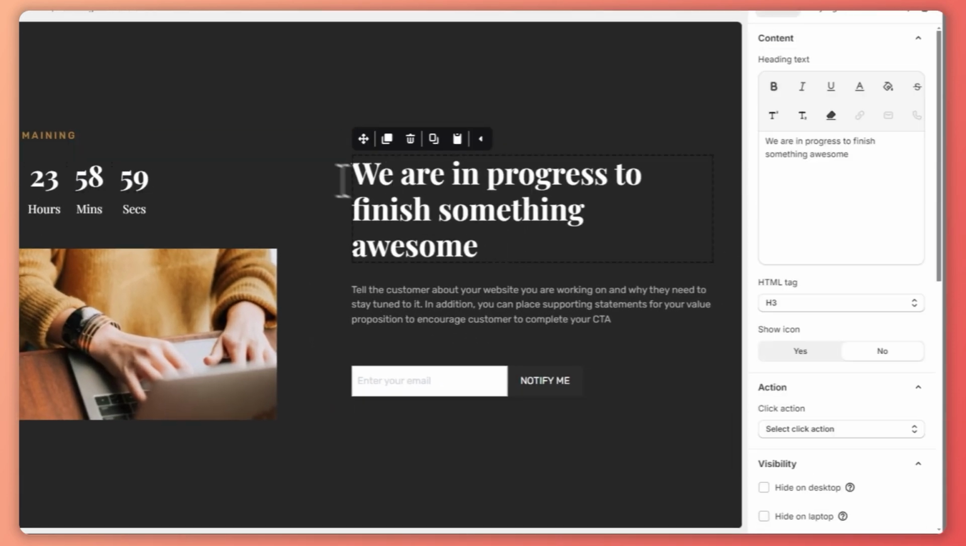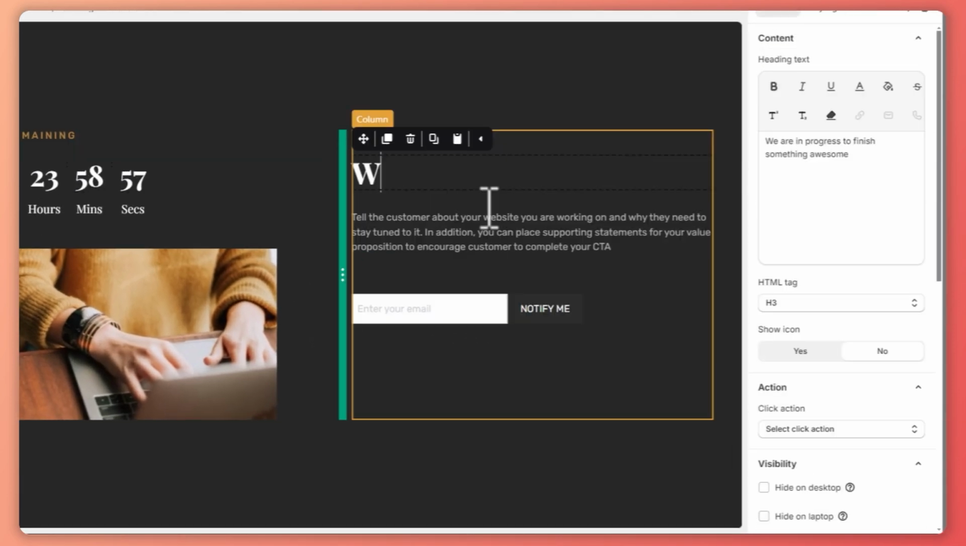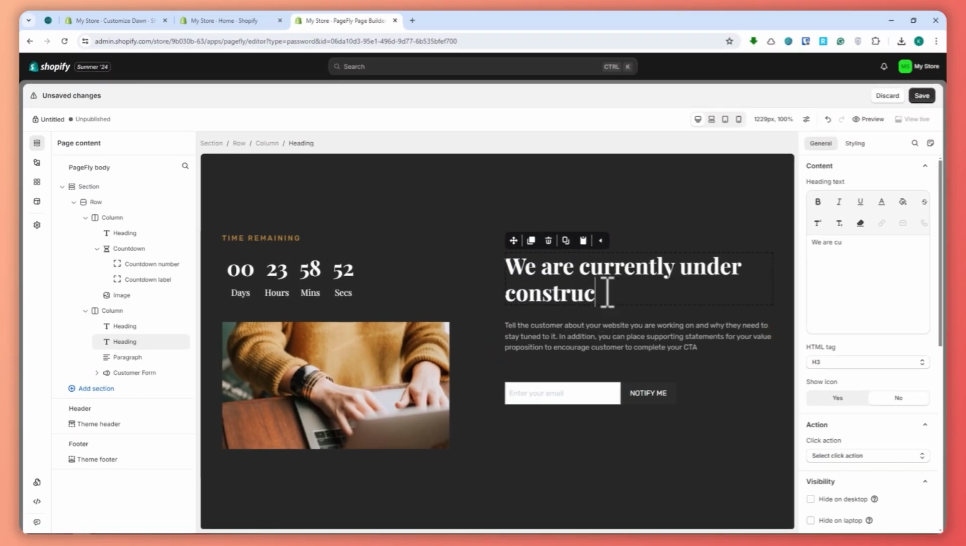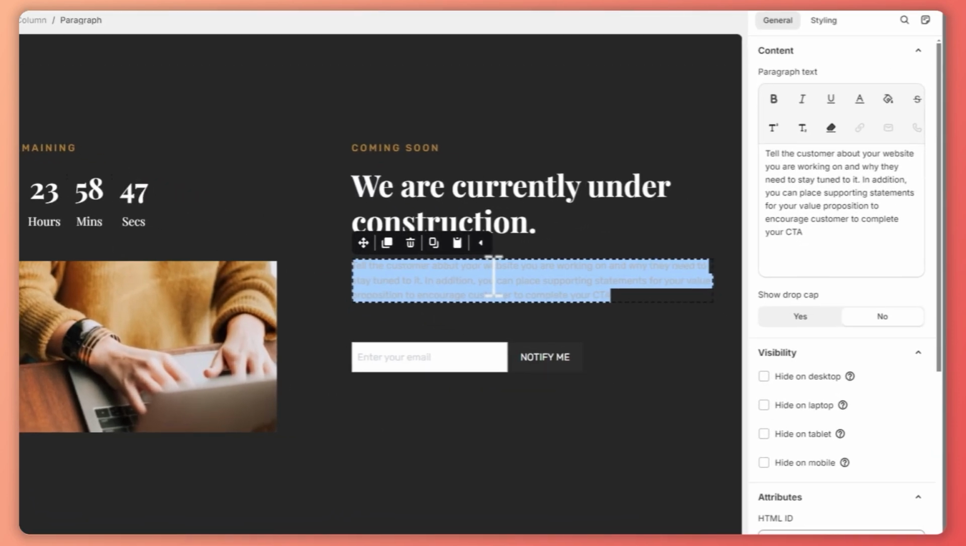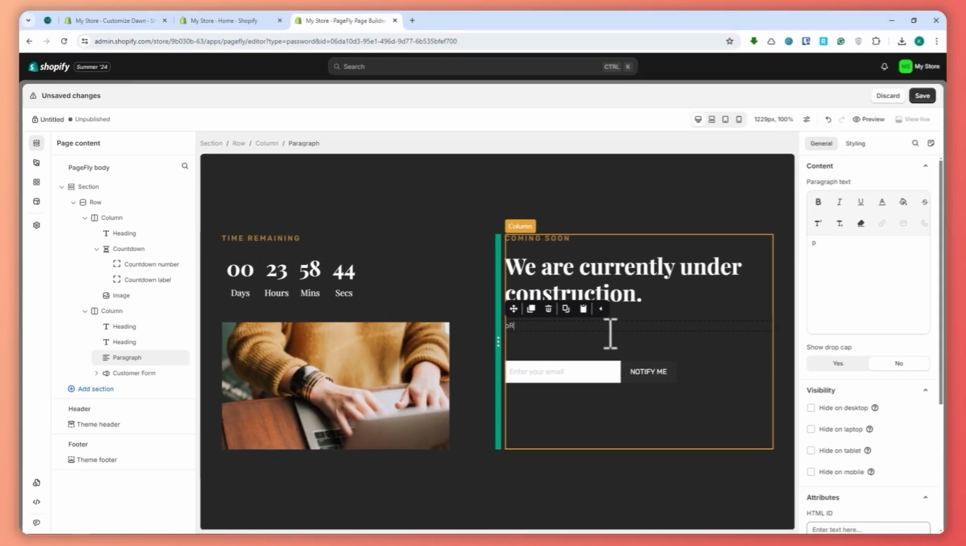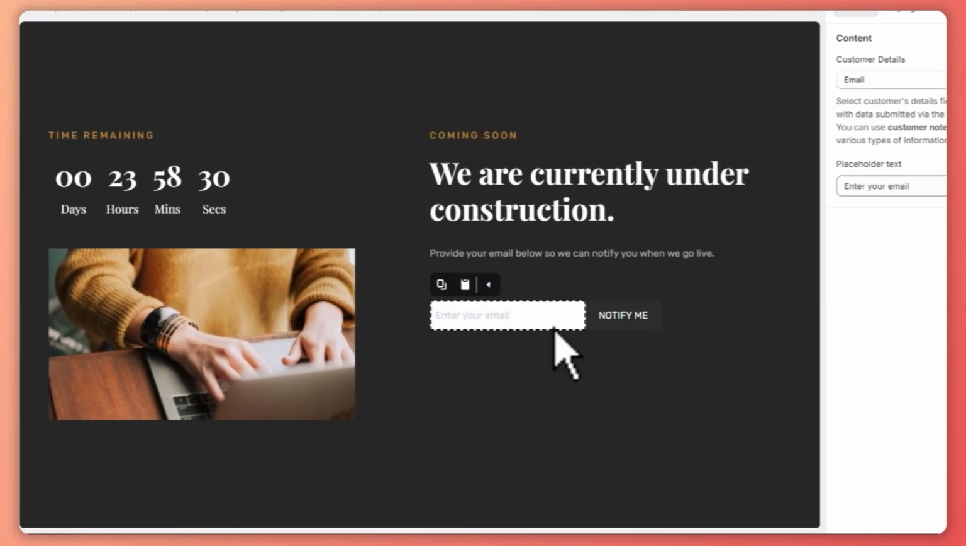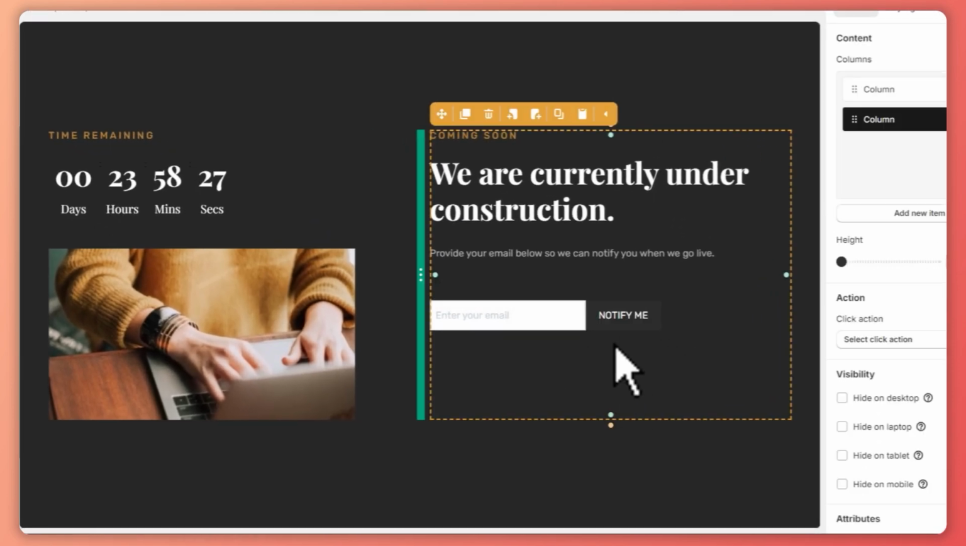So for example, let's say we are currently under construction, maybe something like that. And then from here you can just say, provide your email below so we can notify you when we go live, something like that. Then they would provide your email right here, and then once they do, you would be provided with their email